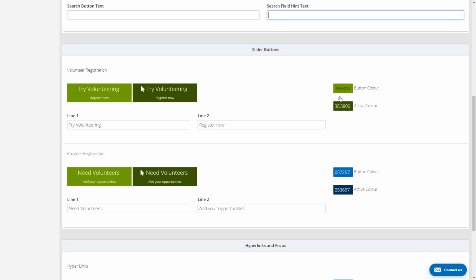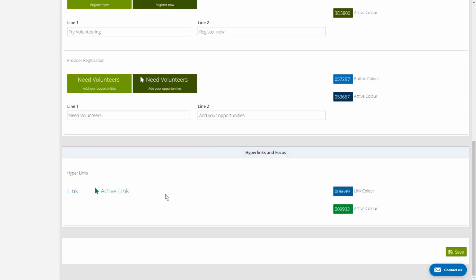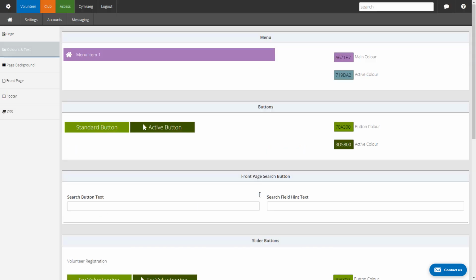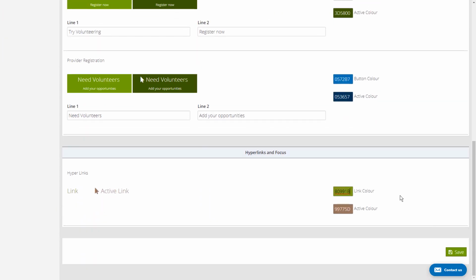Again, you've got color options here too. And the last color thing you can change are the links. These are the default colors, but you can change the links and what they look like when people hover over them here. It's a good idea to pick something with a good contrast. Once you're happy with all your color schemes, then you can click save, and that will update the color scheme